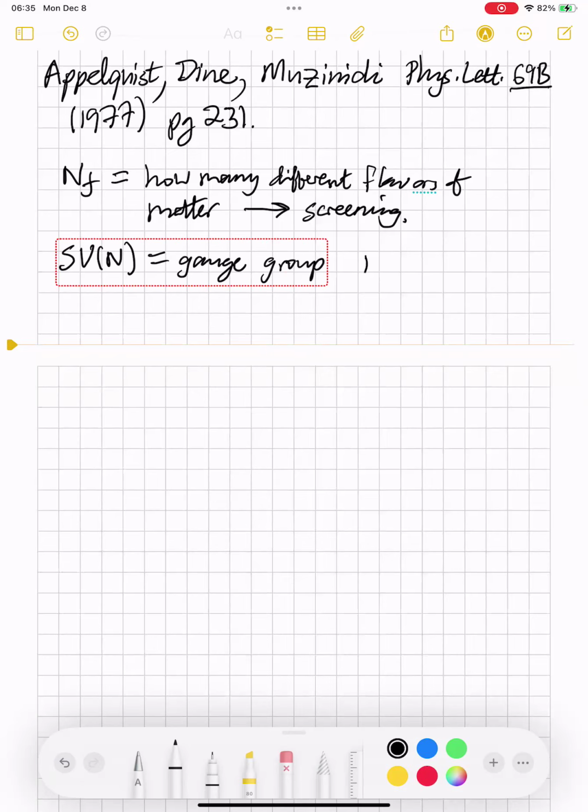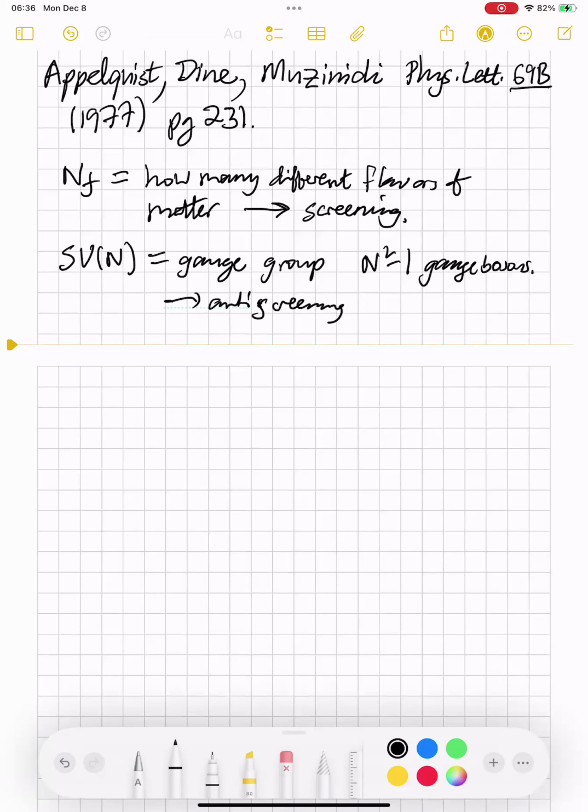You would have N squared minus 1 photons or gauge bosons, and these would all be anti-screening. So this will set how much anti-screening you have. So you've got two parameters that determine the screening and the anti-screening,